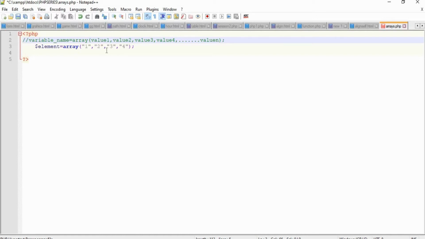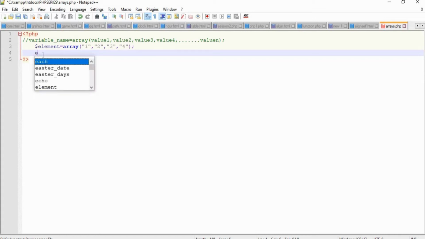To access an array element, you can simply call the index value. For example, here our variable name is given, so I am going to print the third element of our array.